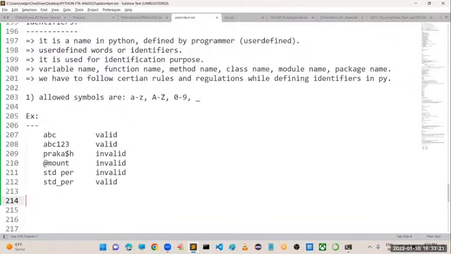These are some of the examples. Like this, we still have 4 to 5 rules. Can you please confirm, is the first rule that we have to follow while defining identifiers clear for you people?